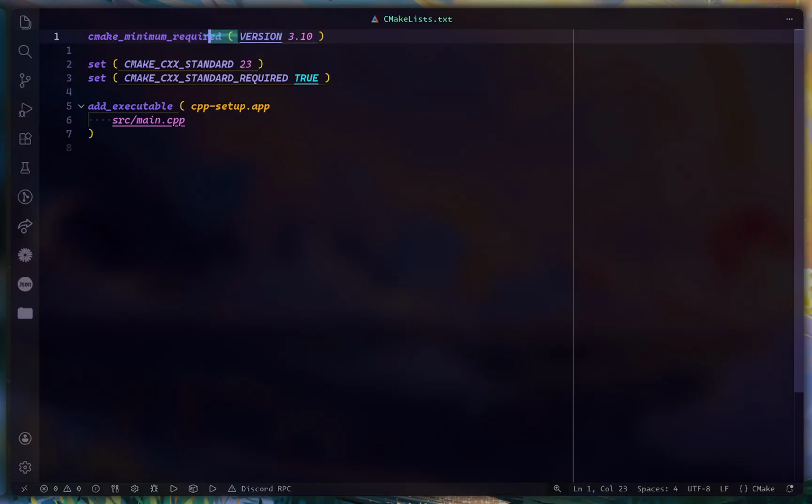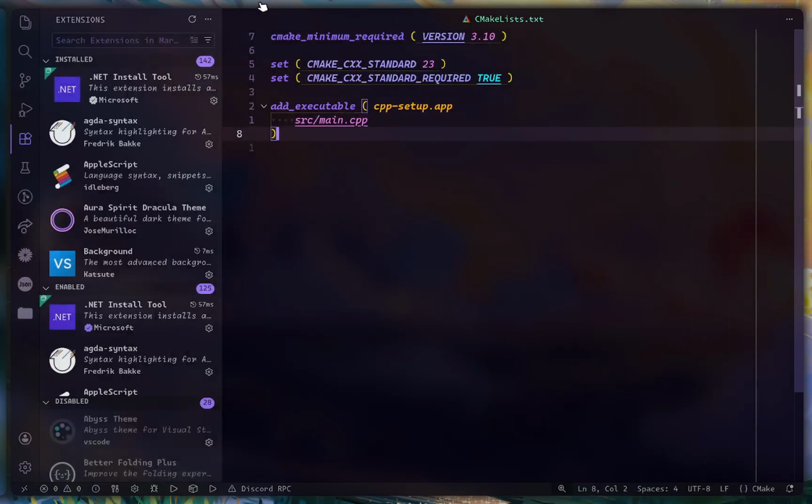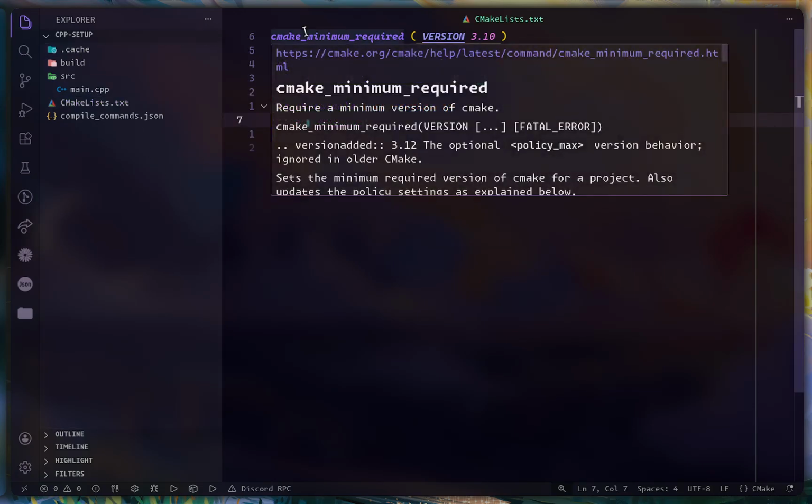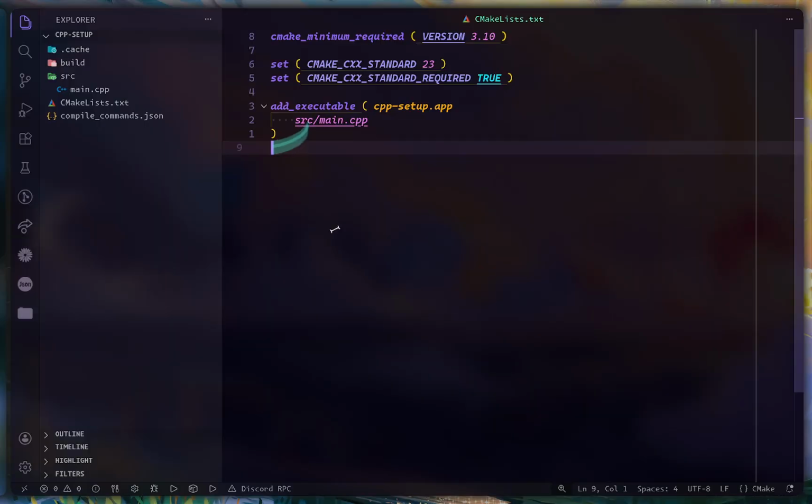CMake minimum required of version 3.10. I have set the standard to be required, and I have specified the executable name. I have specified the source file, which is going to be our current folder from this point to over here, because it's pointing from here to here, you know, the relative directory. And after all that, we have,